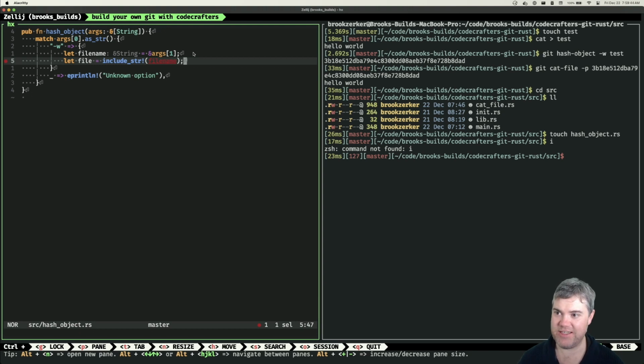Oh, no, we can't do this because it must be a string literal. Okay, never mind. Oh, because that happens at compile time. I don't want this to happen at compile time. I want this to happen at runtime. So, okay, fine. We're going to do standard